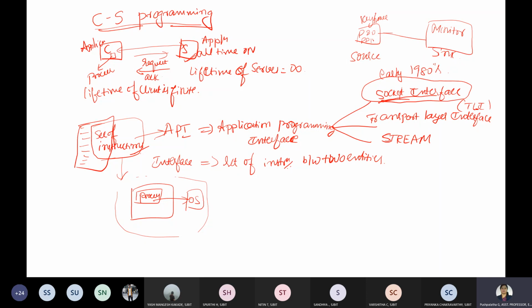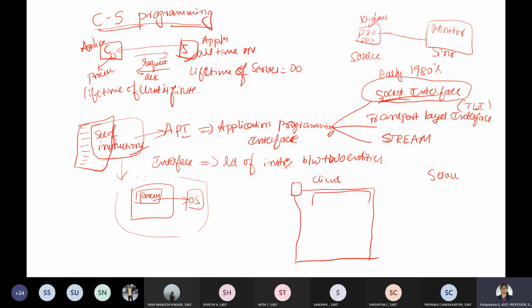So where exactly does the socket interface come in, what is the position of the socket interface? Let me take a client, and this is the server. The client has a system. This is my system, the client system. When I talk about the different layers, sorry, I'm unable to write it properly.